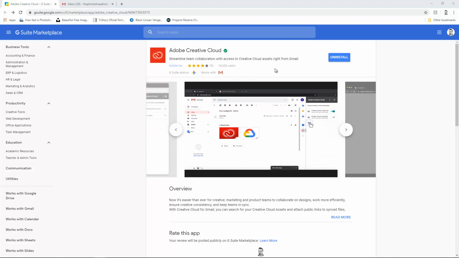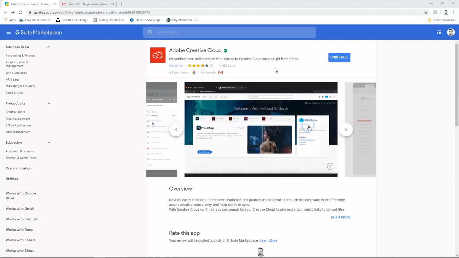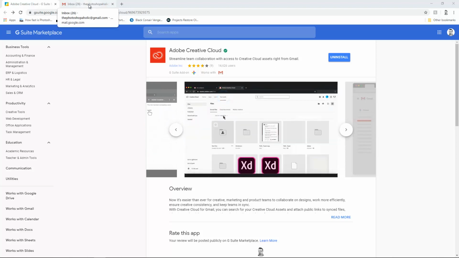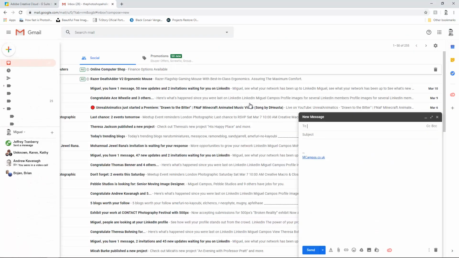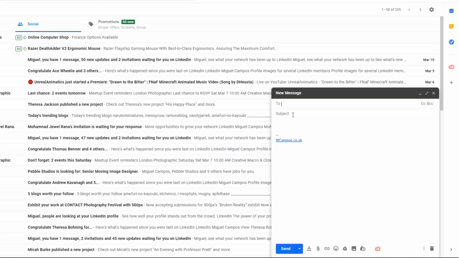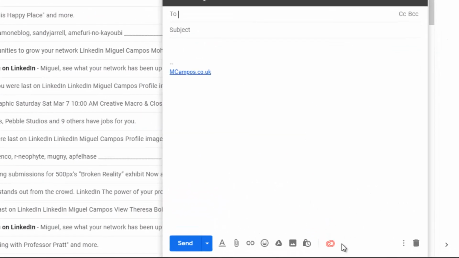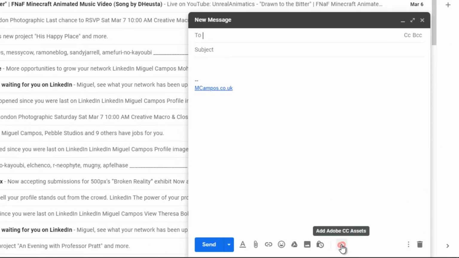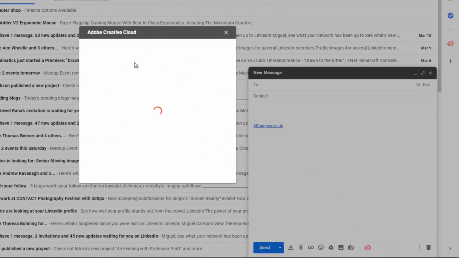So I'm going to jump to my Gmail and I'm going to tell you exactly how it looks. I'm going to compose, obviously I'll put the recipient and subject, and right here what we've got is the Creative Cloud symbol, add Adobe CC assets. If I click there, I'll get the list of everything I've got on my Creative Cloud that I want to